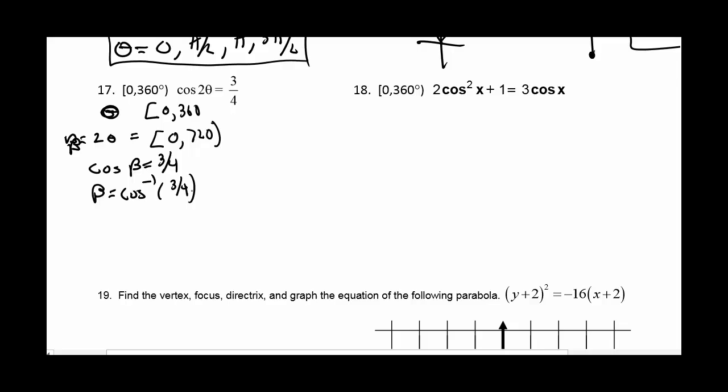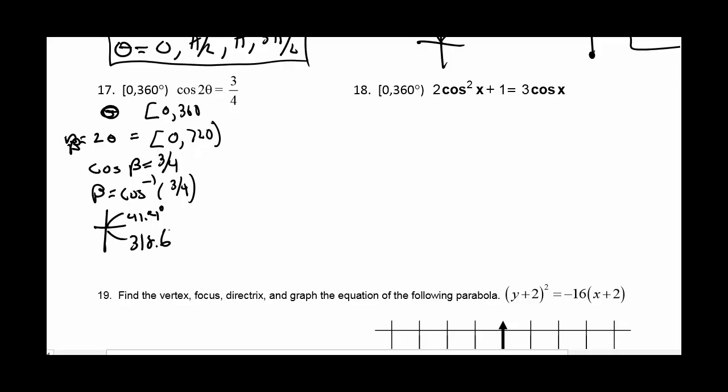I'm just going to go to my calculator. Double check that it is in degree mode for this particular question, since we're talking about degrees. And then if I arc cosine that, I get 41.4. Okay, so we have to think for a second. 41.4 in the first, or where else is cosine positive? And that would be in the second. And so to get that, I want to take 360 minus the 41.4, and that's